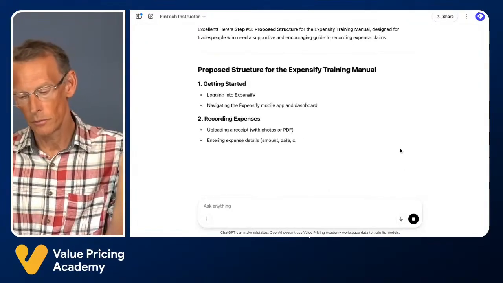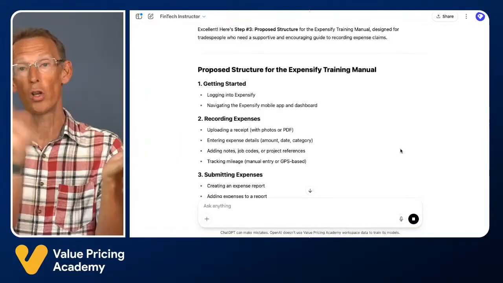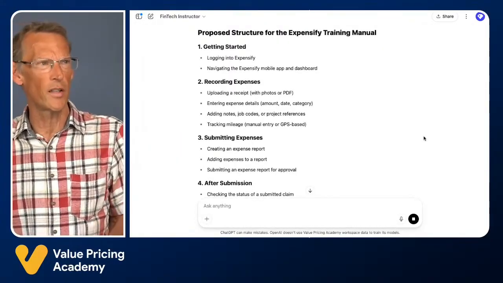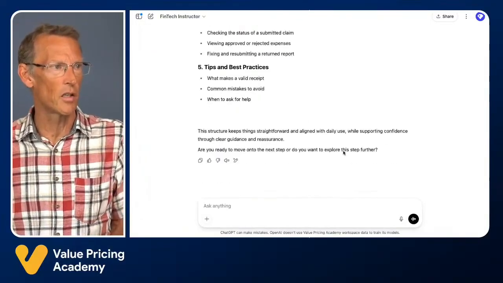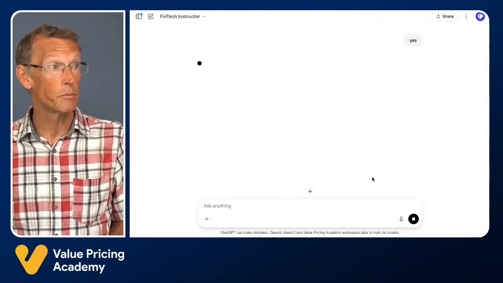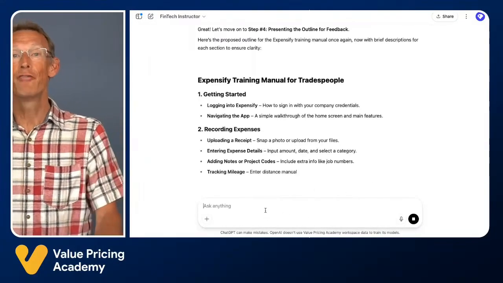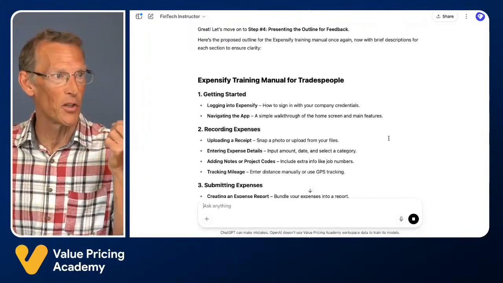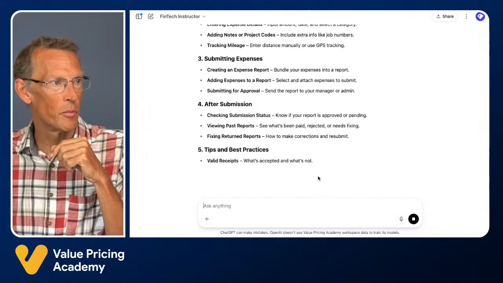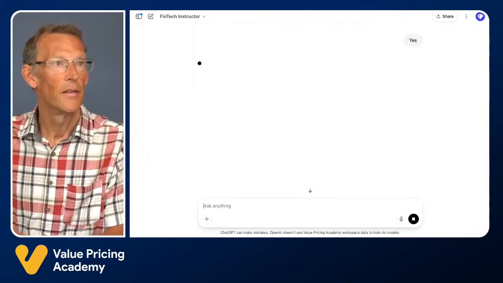Now, you might decide you don't want a step 3. It's up to you how you build it. You could skip this and go straight to writing the manual. But this gives you an opportunity if you want to say, no, I actually don't want a getting started, or I don't want a submitting expenses section. But let's assume that I'm happy with that. I believe what it should do now is, it's asking for clarity again. It's because I said every single step asks me if I'm happy, so that's what it's going to do. What I would probably do is only ask after certain steps. So I'm just going to put yes at the end of this, and then you will see the output.